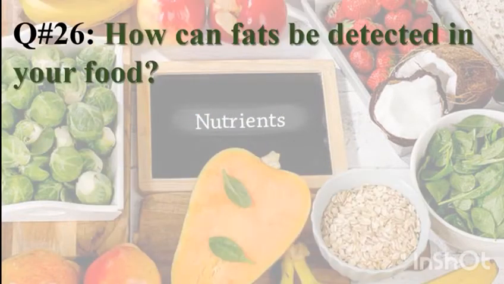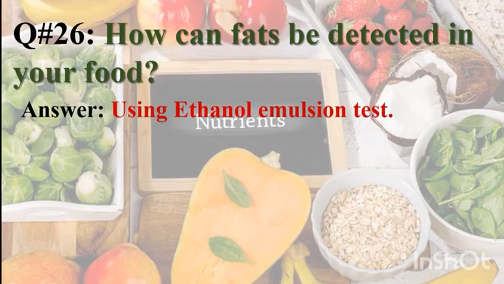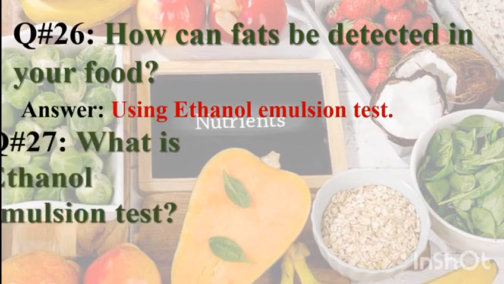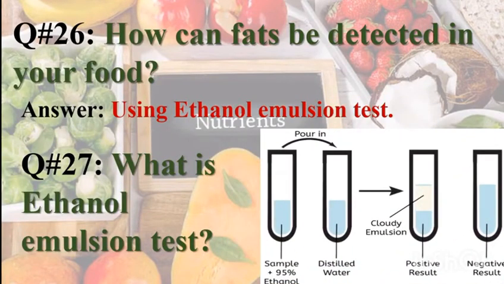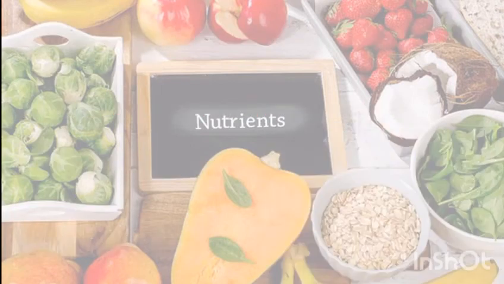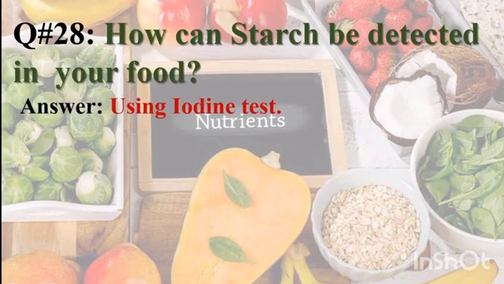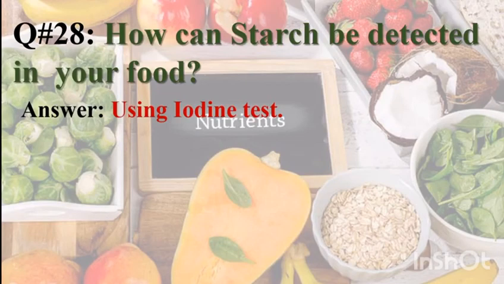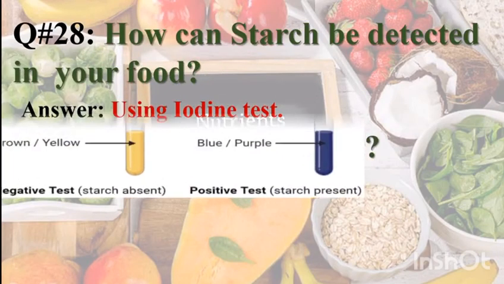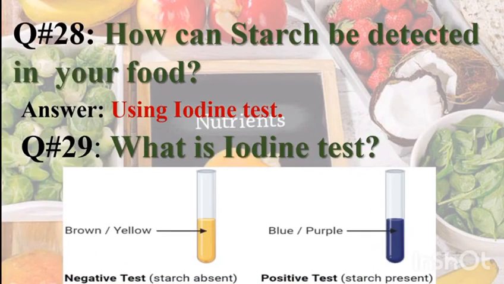And if we talk about how can fats be detected, it can be detected by using the ethanol emulsion test. And what is this test? When we add 95% ethanol to the sample and then add this into distilled water, after some time a cloudy emulsion is formed, which shows that fats are present. And if no cloudy emulsion is formed, then it means they are absent. If we talk about how can starch be detected in your food, we can detect it by using the iodine test. And what is this iodine test? In this, we simply add starch into the iodine, and if a yellow color or brown color is formed,